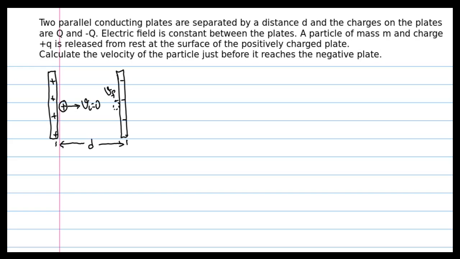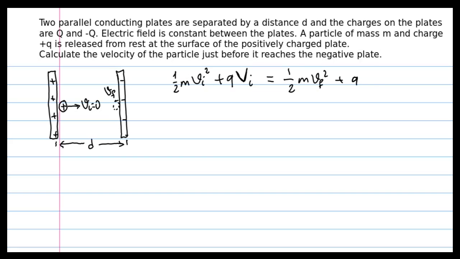We can write the kinetic energy for the beginning, 1/2 m v initial squared, and the potential is qV initial. When the particle hits the other plate, we can write the kinetic energy 1/2 m v final squared, and the